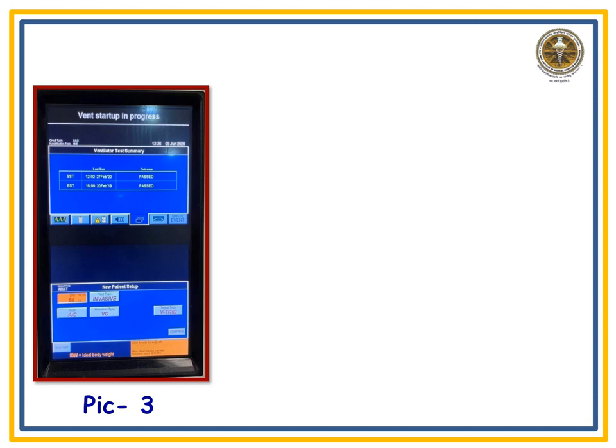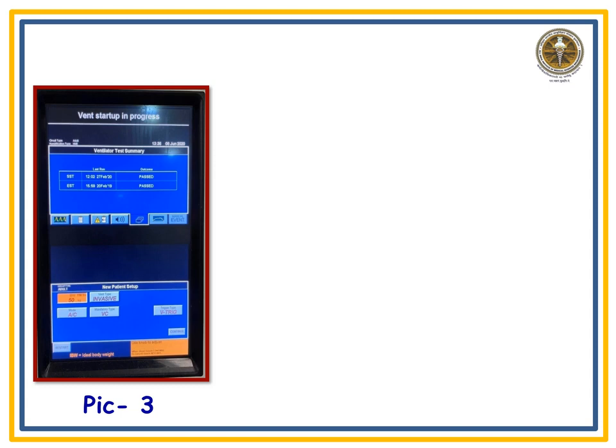That value you have to give. Then next, you have to choose one appropriate mode of ventilation. That may be spontaneous, SIMV, or assist or control mode of ventilation. As per the patient need, you are going to choose the mode of ventilation. Here I have chosen assist and control mode of ventilation. In control, I have controlled the tidal volume of the patient.